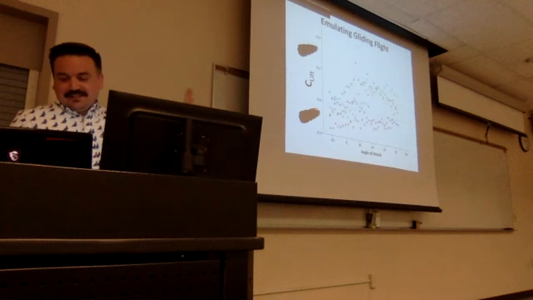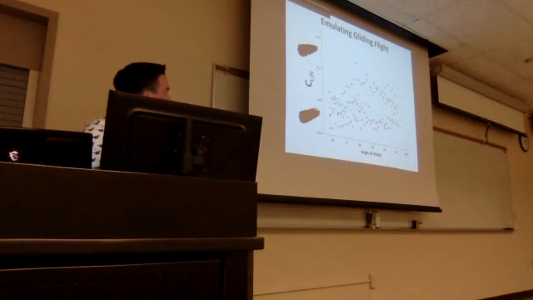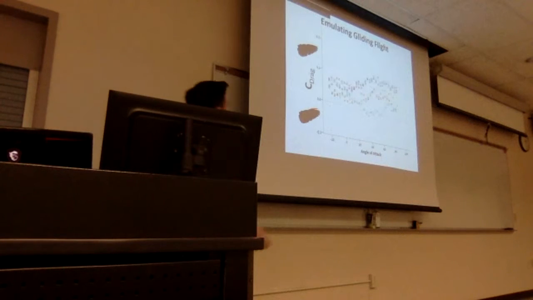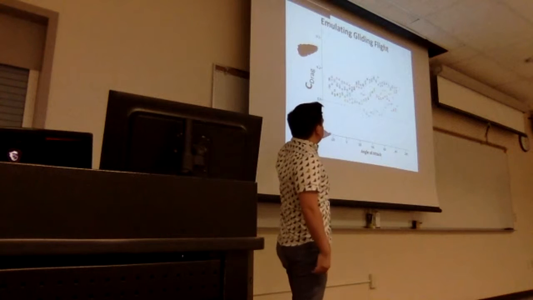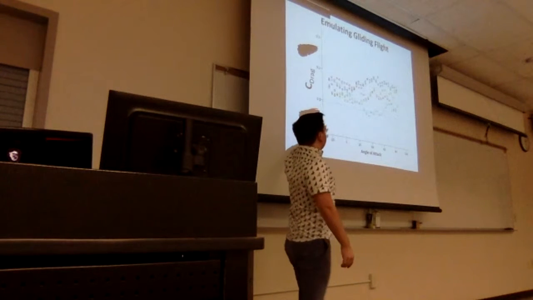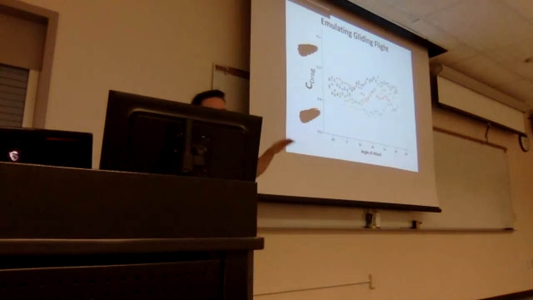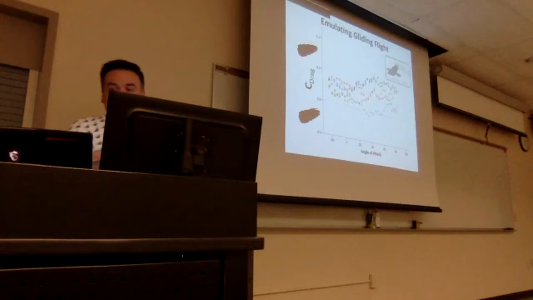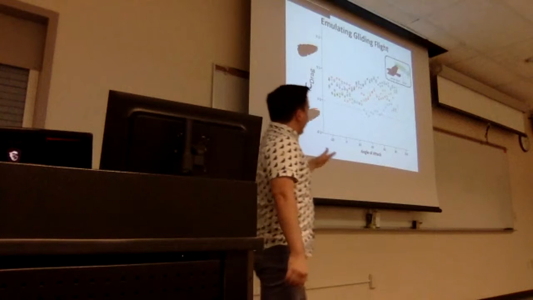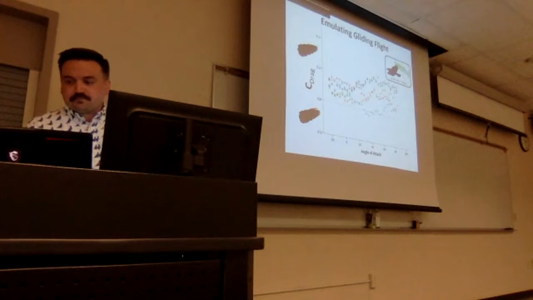So no trend here with lift. We see that wings with P10 and wings without P10 did different things sometimes. But if we look at drag, we see when we're simulating gliding flights, wings that have P10 produce lower drag, which is the good thing. So when the P10 feather was present, wings are producing much less drag than when P10 feather had been molted. This is consistent with P10 acting to spread vorticity to reduce induced drag during gliding flight.